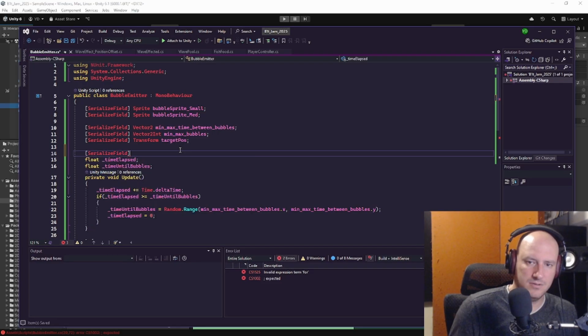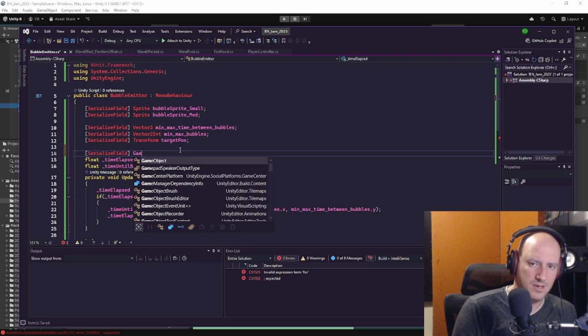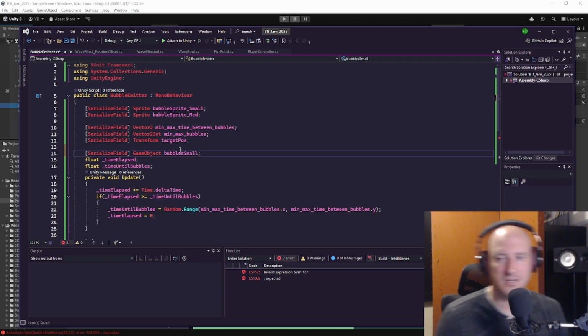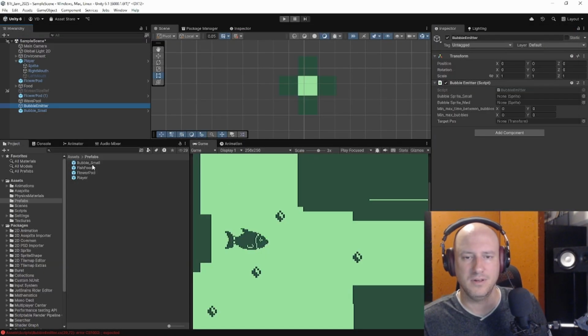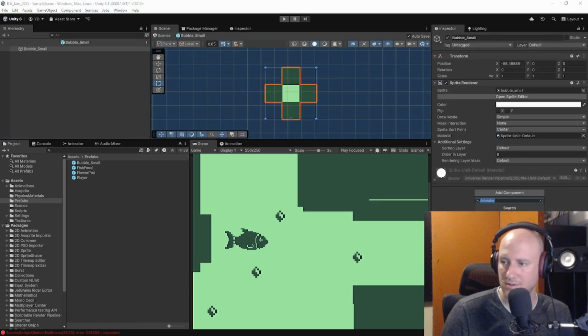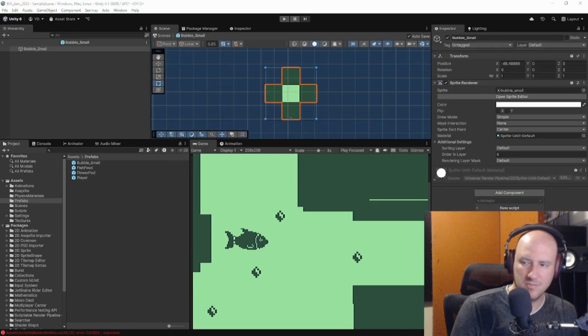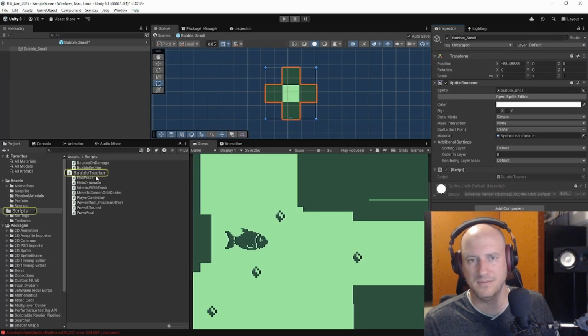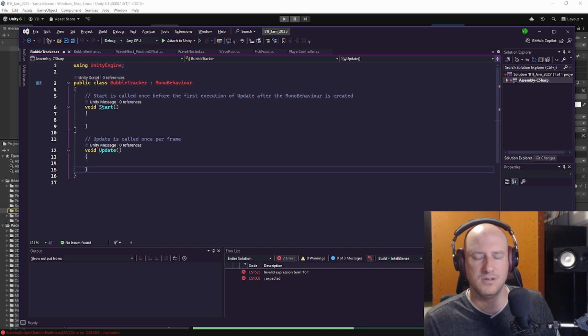Then we'll say serialized field game object bubbles small. I actually don't want it to be a game object, because the whole point of doing this was the bubble tracker. The whole point was to be able to have each bubble handle itself. So on spawn,